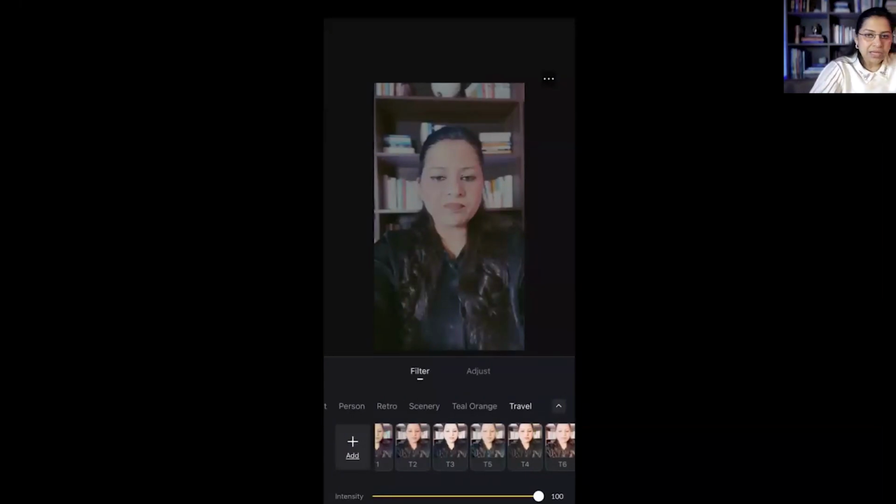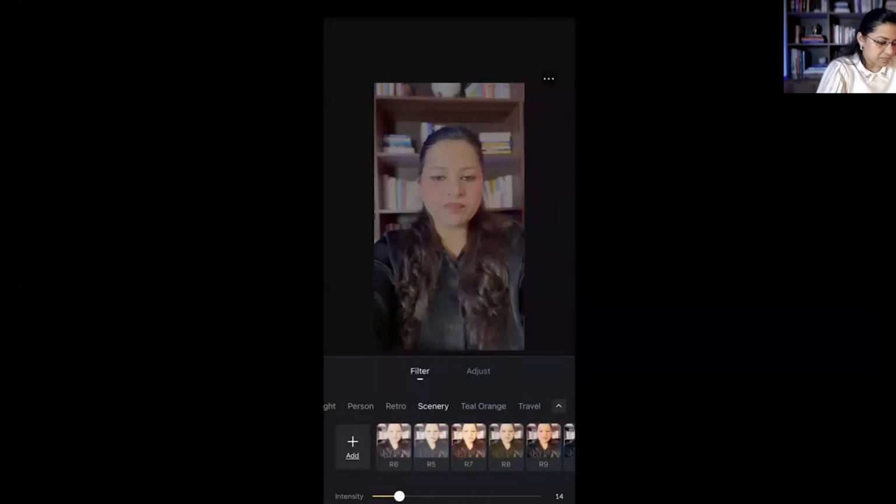With this, there is one important element to be understood while doing the filter selection. So after, for example, I like T5, for example, okay? But I don't like so much of intensity. I just want to reduce the intensity. So what I'll do is, I've got an intensity bar there, which is in the yellow color. So I am going to reduce the intensity of this entire video. I made it 0 intensity, not very high, very little I will keep it, but I wanted the setup of this particular filter.